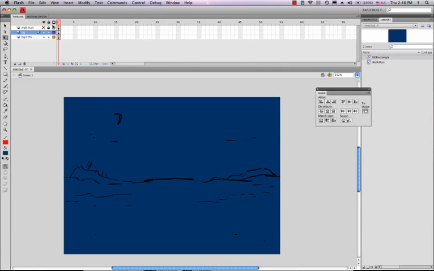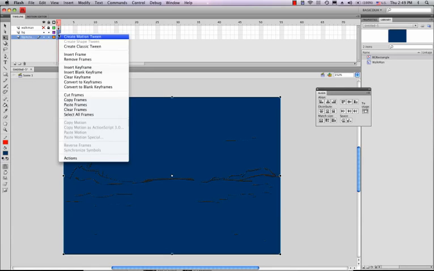So what I want to do is take these two layers, and we're still in scene one, we're in the main scene. I need to convert these into a new symbol, and then I'll get rid of all this stuff out here and I'll replace it with the symbol, which will be exactly the same looking thing as we've got out here, but it'll be a symbol, which is important, as I'll show you later on. Alright, so what I'm going to do, just to repeat this, is go up here, select these two layers in the timeline, right click, choose copy frames,